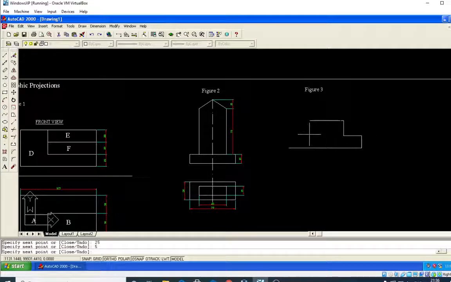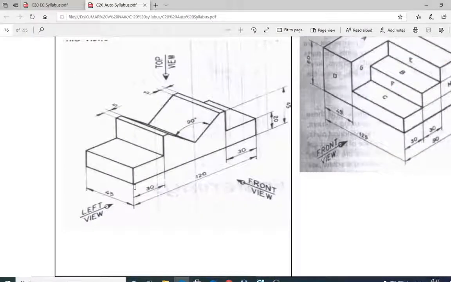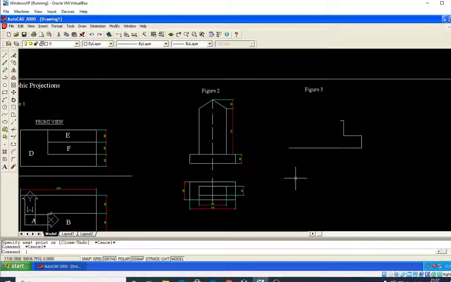Okay, so you can escape it 2 times. Again you can move from left to right. This point, from here to here height is 20, right is 30, up is 25, correct? I will take the line command, L, enter. This point is selected, height is 20 mm, and right side is 30 mm, and above it is 25 mm, and the right side again it is 5 mm, right? So now it is ready.